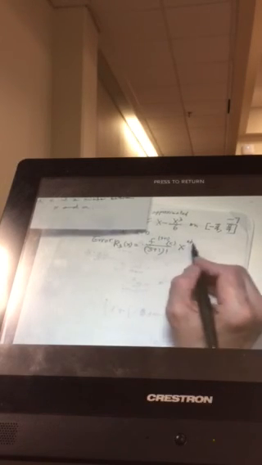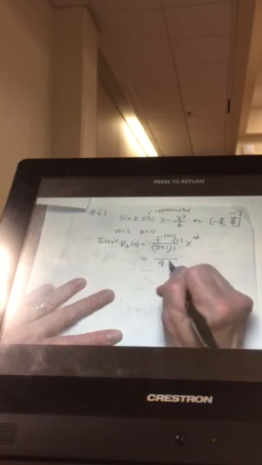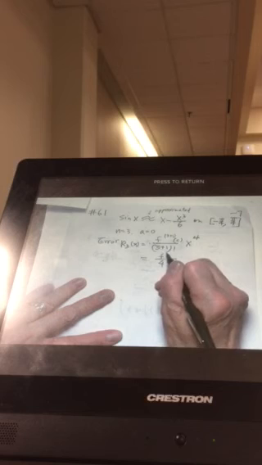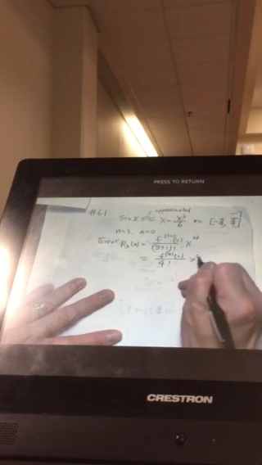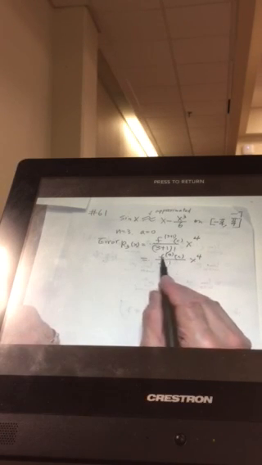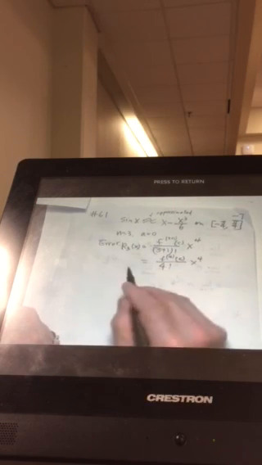Because, yeah, 3 plus 1 is 4, okay? All right, so it's 4 factorial, f differentiated 4 times at c, times x to the 4. Now, what is f differentiated 4 times? This is